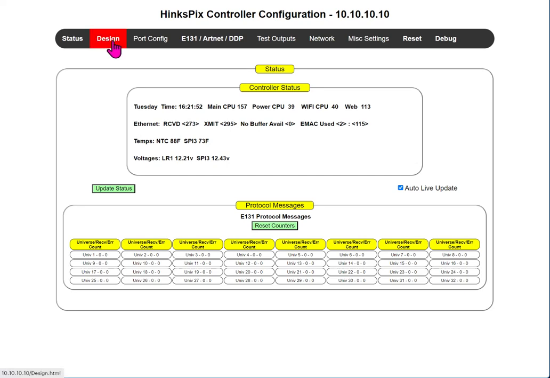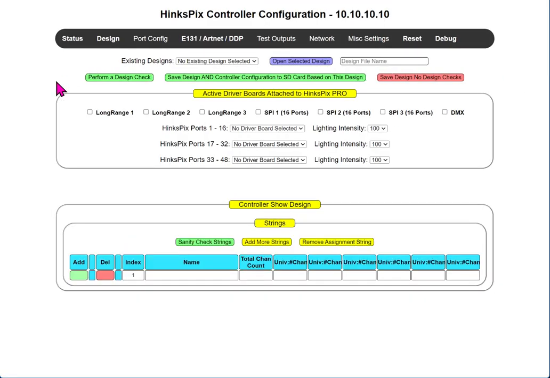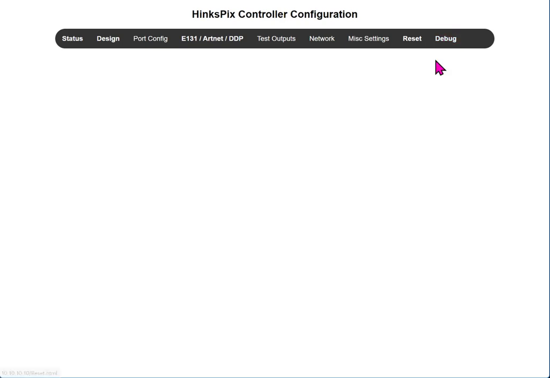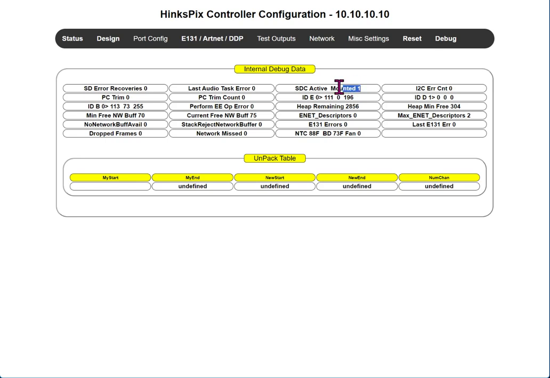The next tab we have is the Design tab. The Design tab is a configuration generator. The first thing to understand is that you do require an SD card installed into the controller. Now, if you don't know if you have one, you can navigate over to the Debug tab, and this number right here,